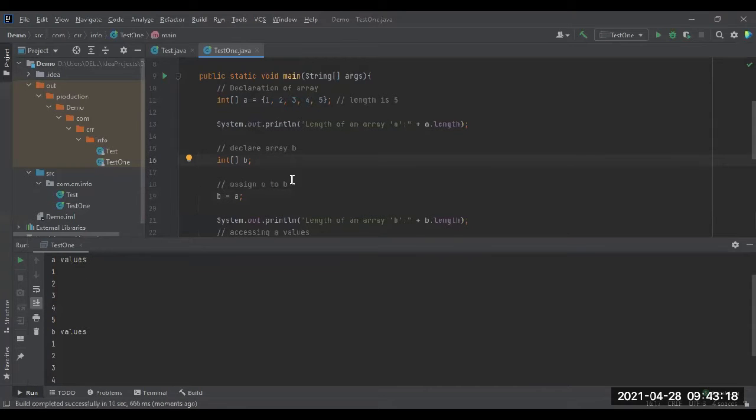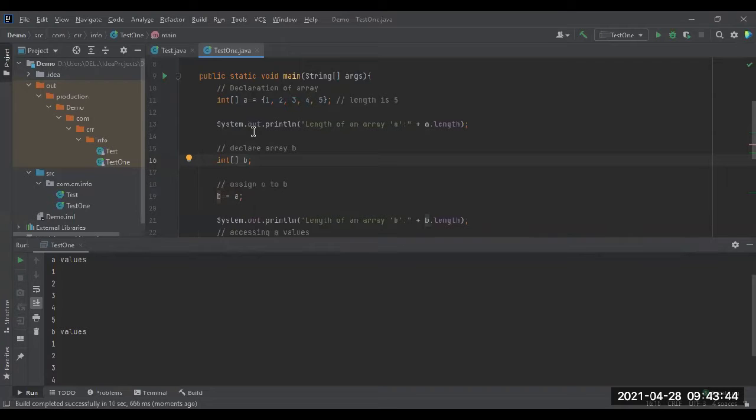See this, there is no need to declare over here. Directly, b is equal to a is enough to assign the length as well as the values. What I said is that it won't be copied, but it is a reference. It works as a reference. It won't be copied. This is a reference only. Please remember this word: just a reference, it won't be copied.